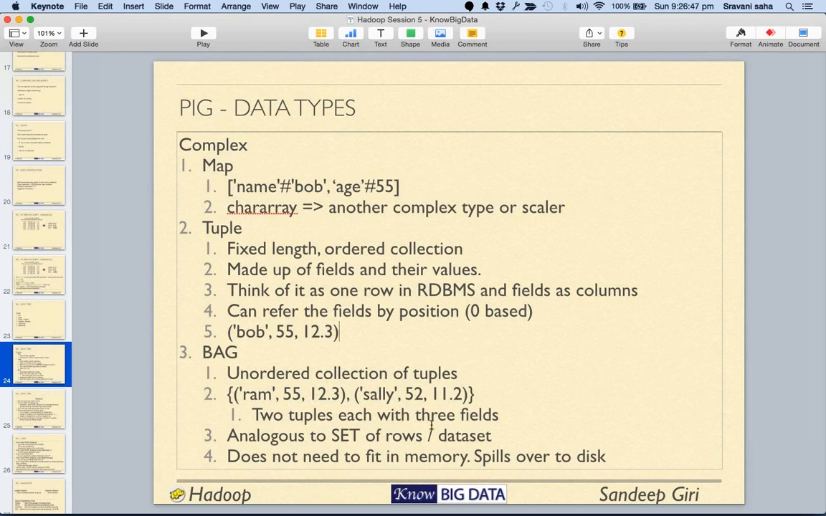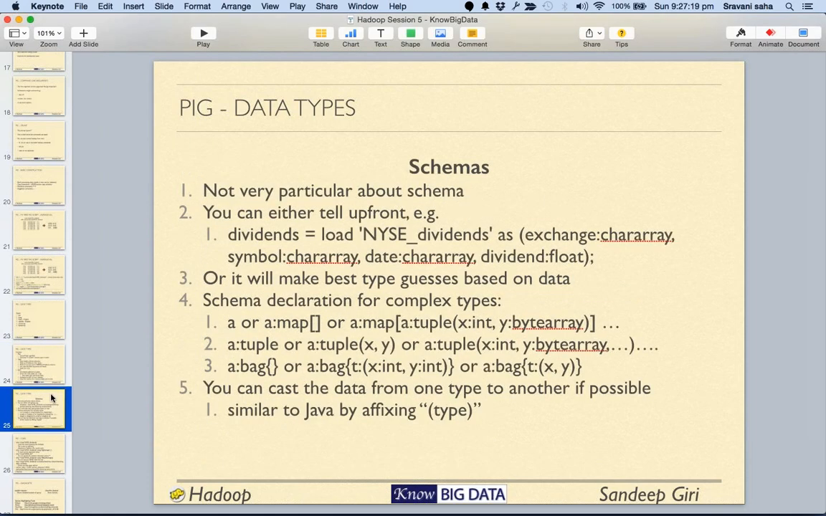Yes. So multiple tuples form a bag. Perfect. All right. Everybody clear about this? Yes, the curly ones. All right. Now,